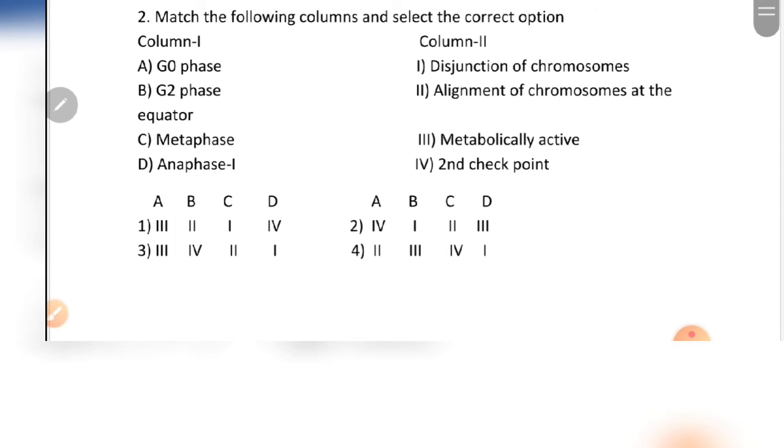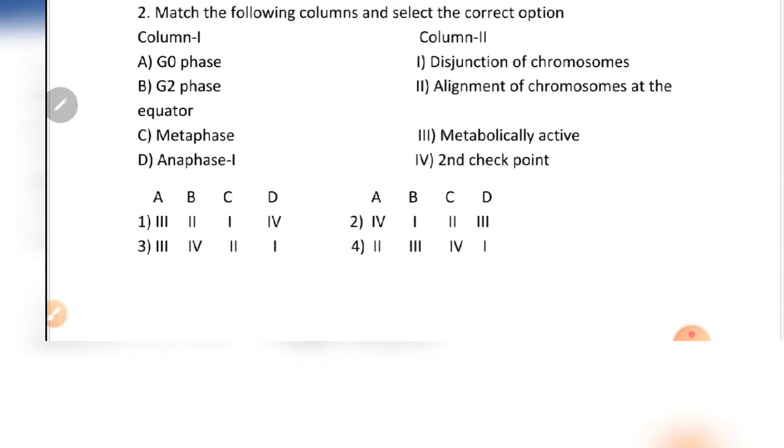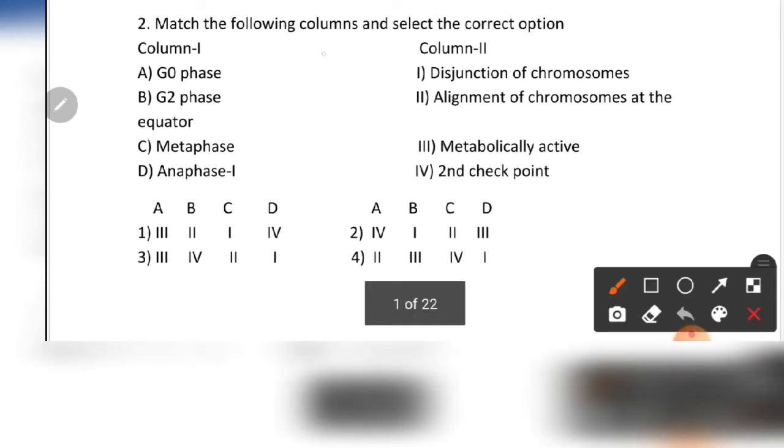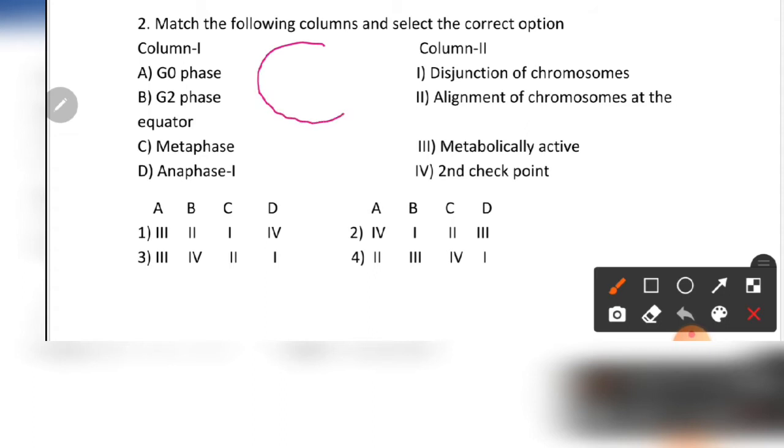G0 phase. Let me draw the cell cycle. This is the cell cycle. It has M phase, G1 phase, S phase, G2 phase. This is the M phase. Some cells in adult animals do not exhibit division, such as heart cells, muscle cells or nerve cells, and many other cells divide only occasionally when cell division is needed.